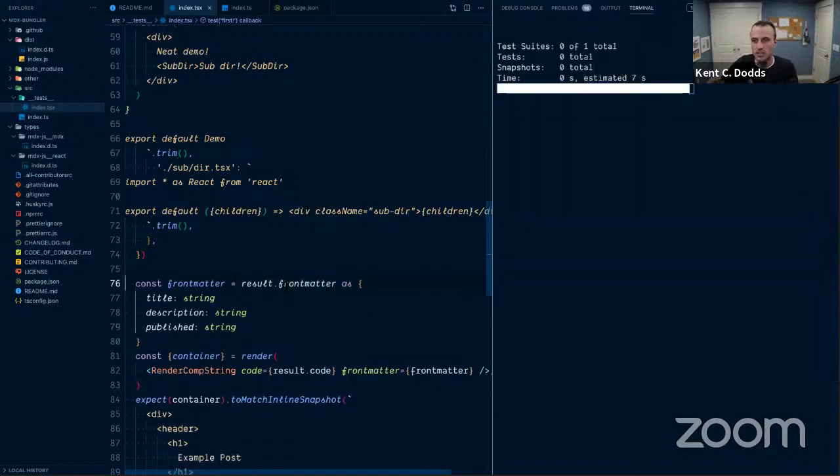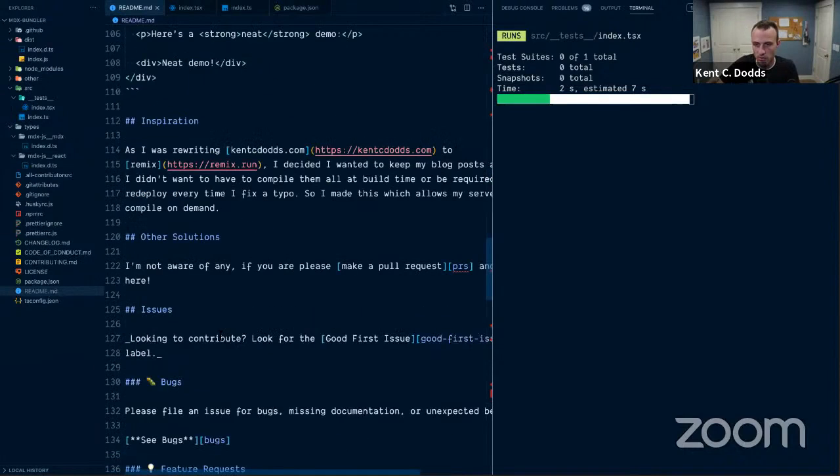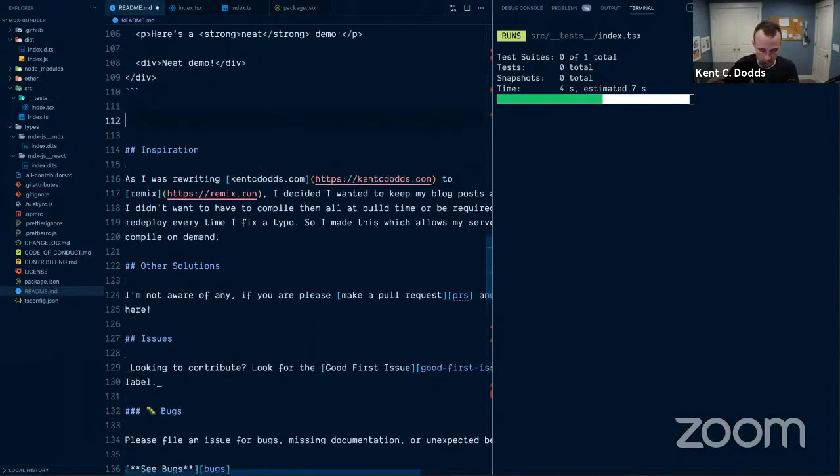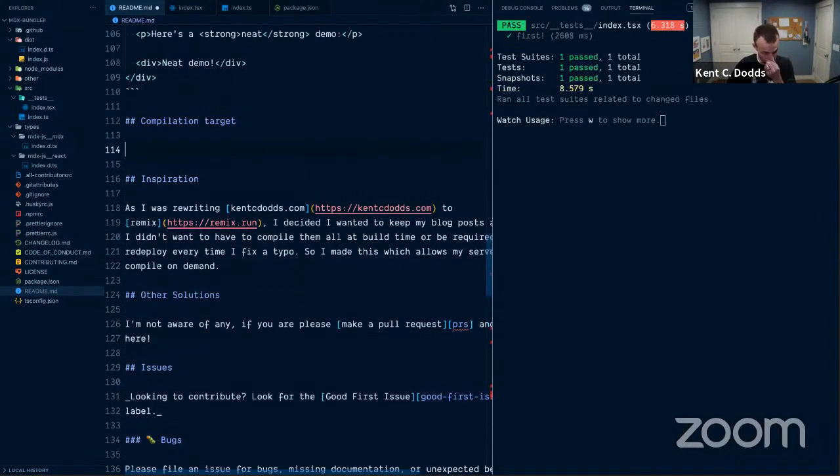Okay, cool. So that takes care of that. Let's just add something to the README. Compilation target. We use rollup to bundle your MDX and its dependencies, excluding, well,